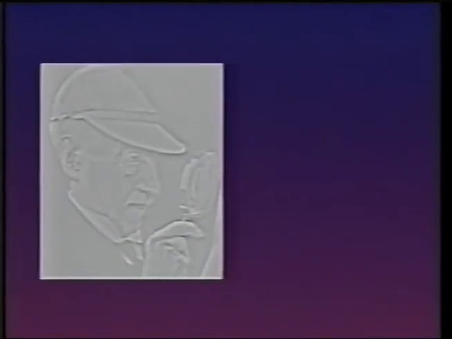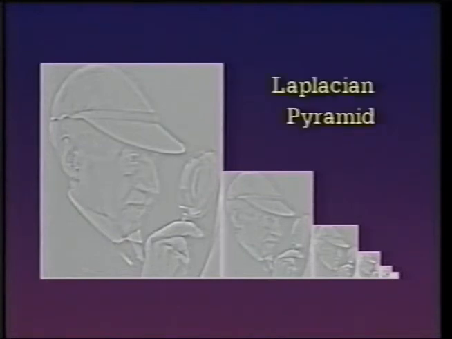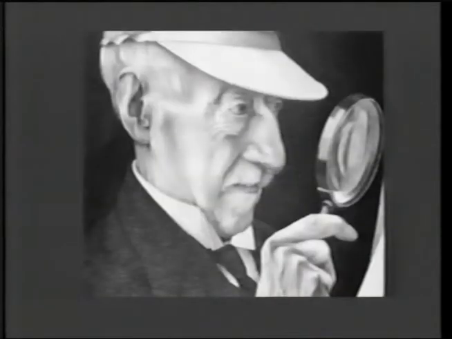Because coarse images contain less information, they can be reduced in size and represented in the computer as a smaller array of numbers. The less detail in the image, the greater the reduction. Taken together, this series is called the Laplacian pyramid, after the French mathematician Laplace. This actually ends up giving you a complete representation of the image. That is, you can take the information shown here and run it backwards and recreate the original image that you